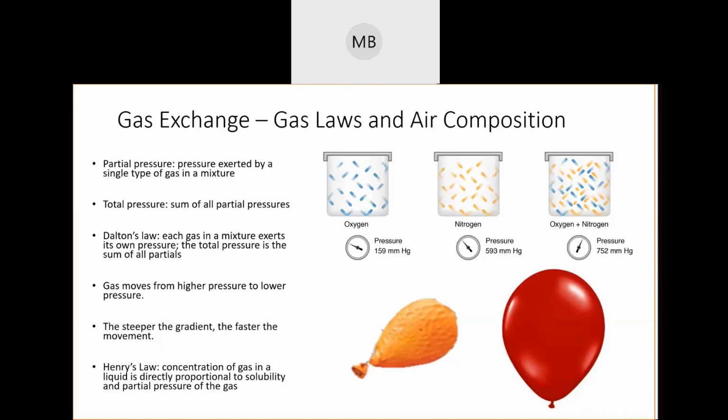That is the entire purpose of your respiratory system. So Henry's law can very much affect some things. Bear in mind my example of climbing Everest that I was just talking about: oxygen has a lower partial pressure because there's less of it in the atmosphere at higher altitudes. That means that because the partial pressure of oxygen is going to be lower in your lungs, because there's less oxygen to have,